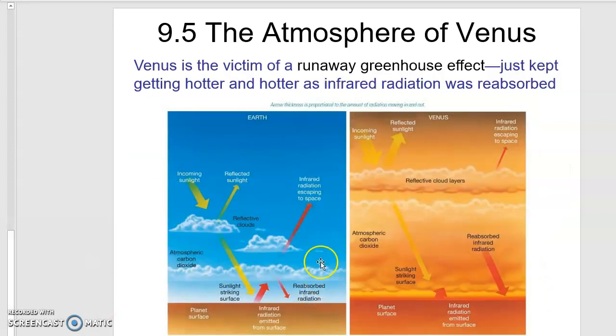Okay, here are some more differences, and I get tired of these comparisons with the Earth because there is no comparison. But this is one reason Venus is so hot. So here is the cloud layer, which consists of a lot of sulfuric acid. Some sunlight gets in, and what does get in kind of stays, because it's not allowed to escape like it might be on the Earth. So this is like a runaway greenhouse effect. Very bad.